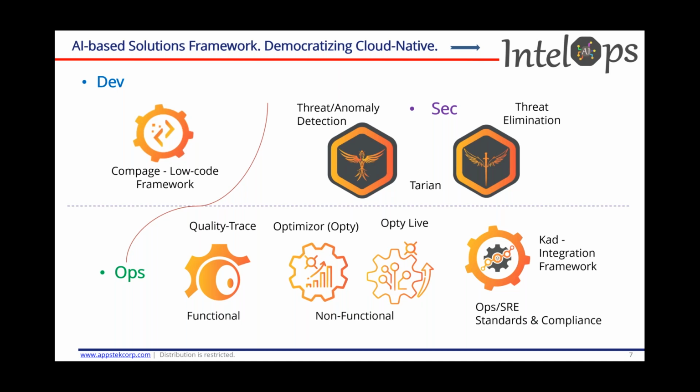And in the ops area, we are already building the quality tracing, which deals with the functional testing area and non-functional testing area. It's Optimizor, which is already ready, and we are already testing in beta with the early adopters. So Optimizor has two components. One is a proactive solution, which developers can leverage, Opty, right in the development stage itself, and figure out the optimal resources for your environment, infrastructure, or applications. And Opty Live is something which is going to help as a reactive solution